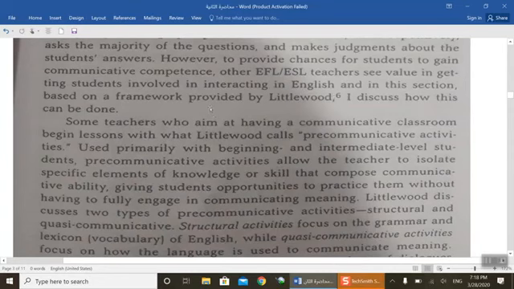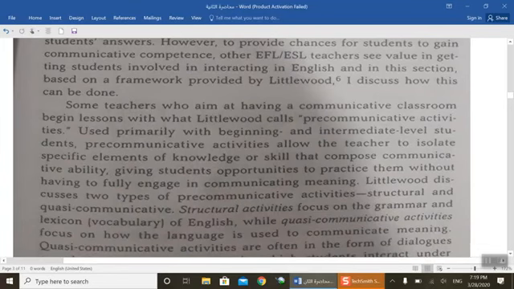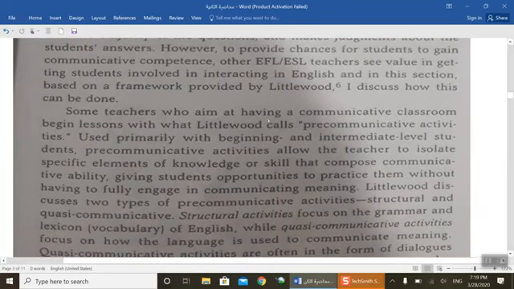Here, in teaching and interaction, we will have a framework provided by Littlewood. Littlewood is the name of a person. His name is Littlewood. It is like someone whose name is Amir, not prince, or Saeed, meaning happy. So Littlewood, please, it is the name of a person.